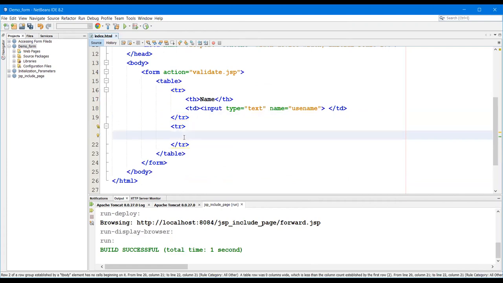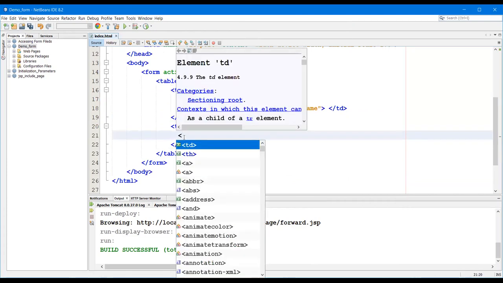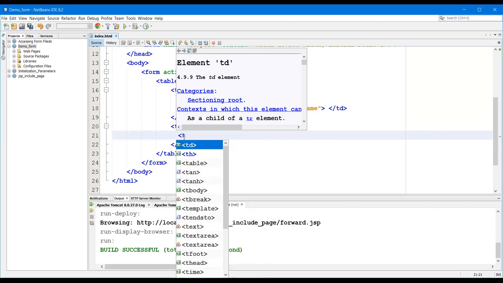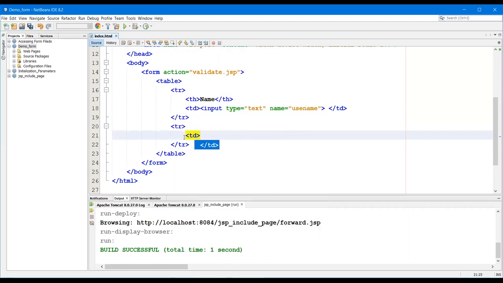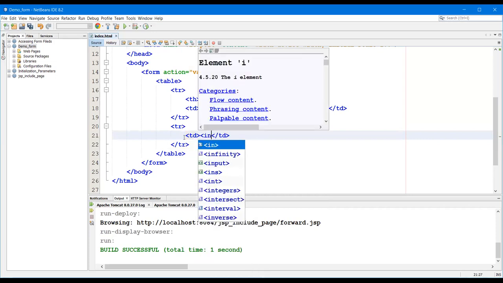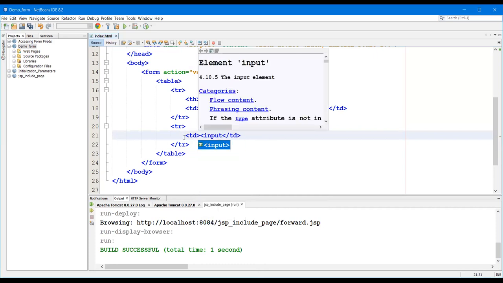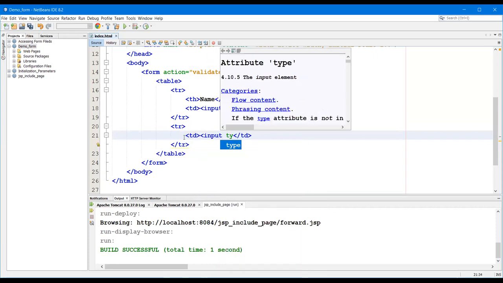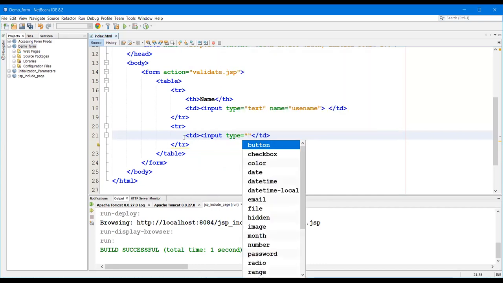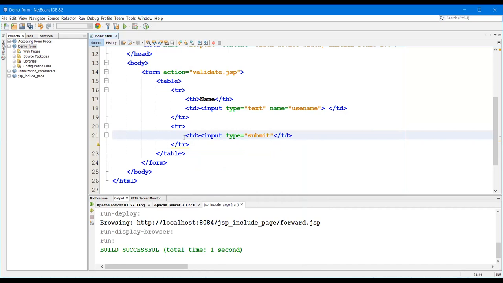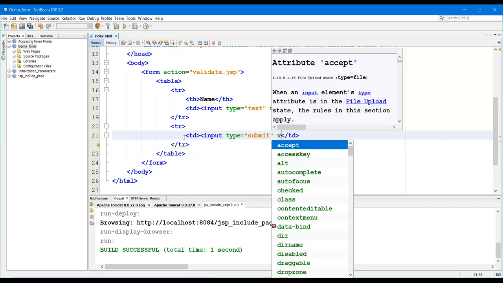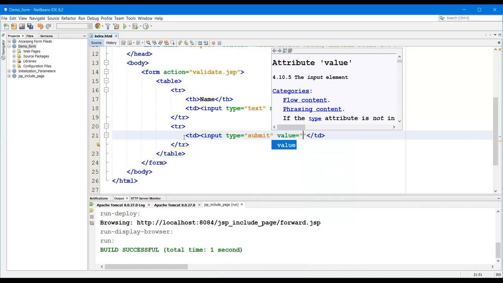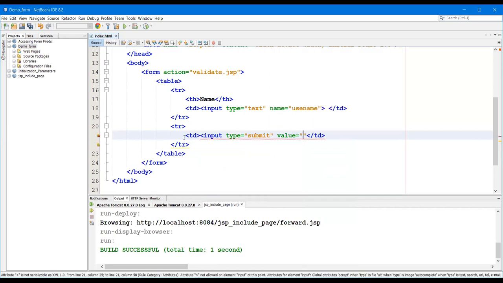With one field we are going to do table data, and in it an input button, input type equal to submit, value is equal to Click Me.